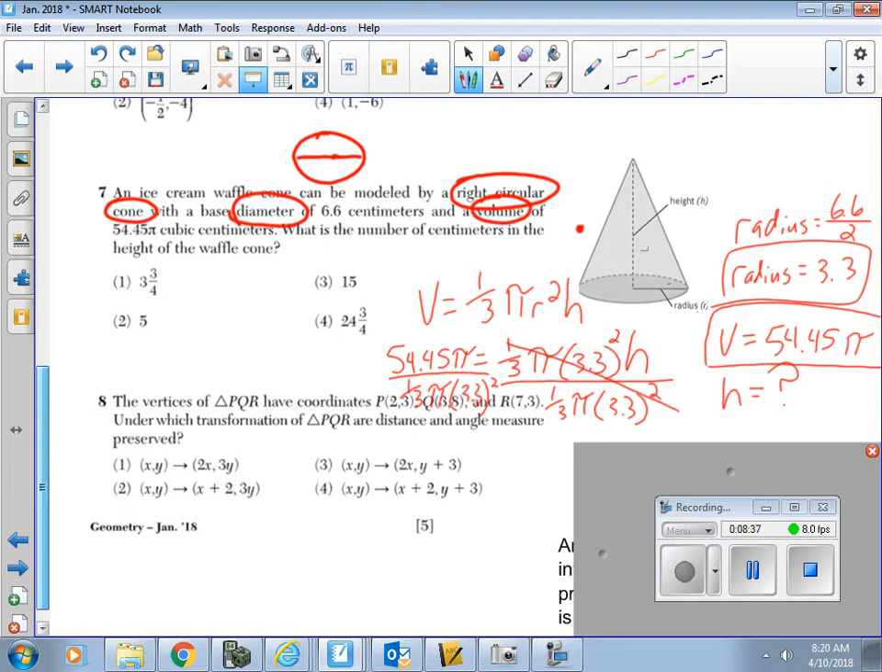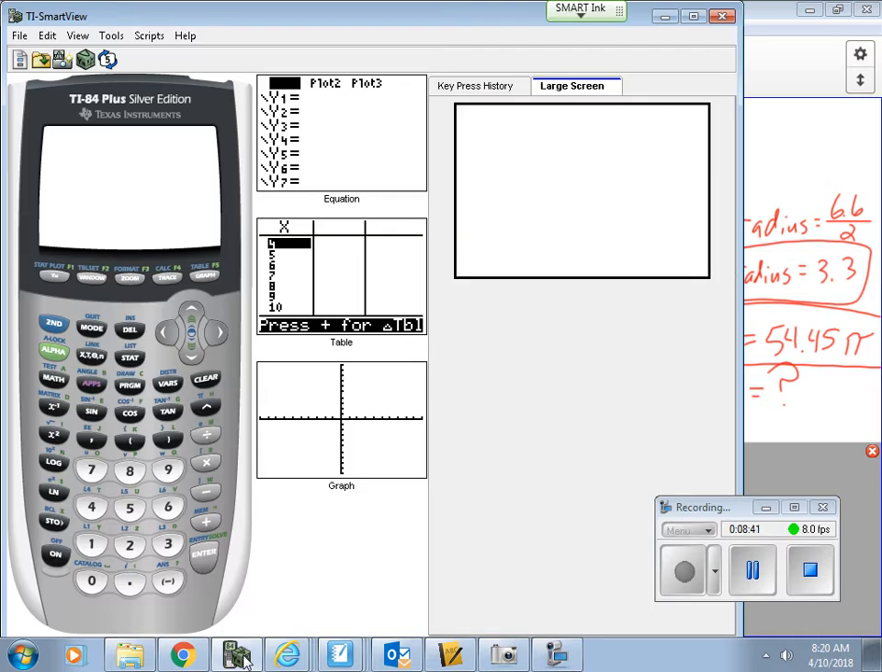So what you're going to have to do is just divide the left-hand side. So I'm going to go ahead and do that. All right, so let's go ahead and I'm going to use my alpha y equals enter to get a fraction. I'm going to do 54.45 pi. And then on the bottom, I'm going to divide by